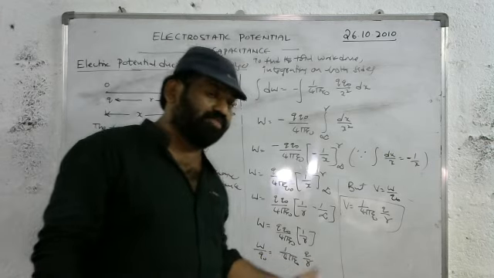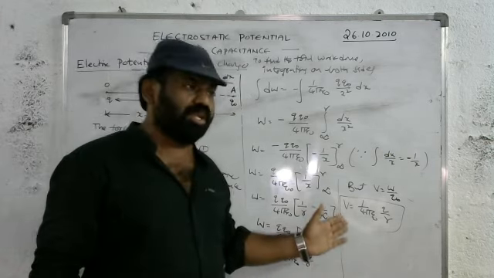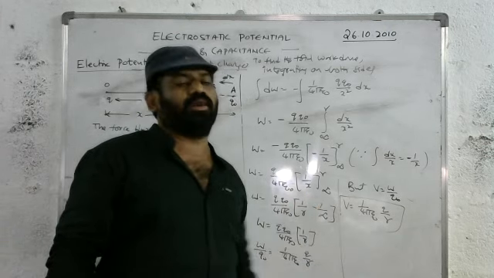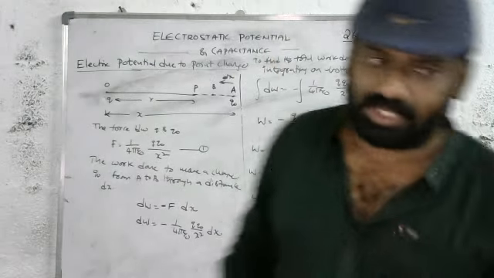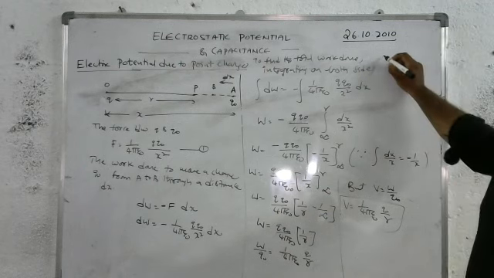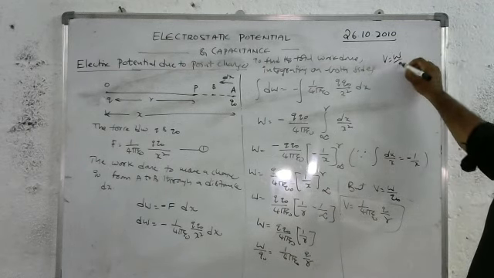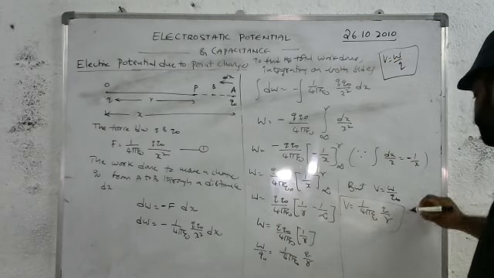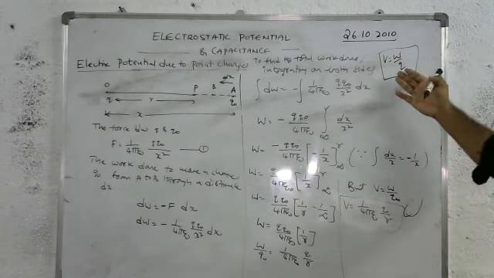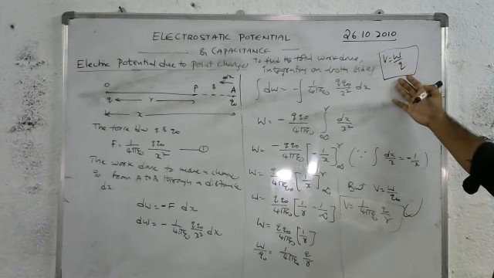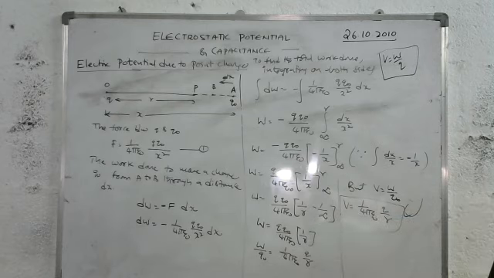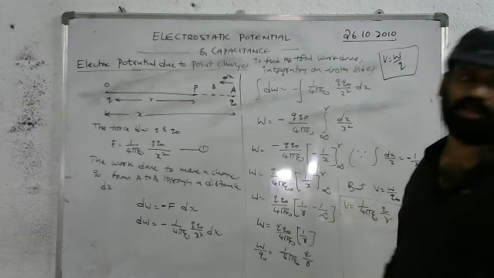But we know the value of W by Q naught; electric potential we already discussed. So V is equal to 1 by 4 pi epsilon naught Q by r. This is the expression. The general formula for electric potential is V is equal to W by Q. But electric potential due to a point charge means here it is. These two formulas are very important, you have to remember. This is the general formula for electric potential, V is equal to W by Q, and this is the electric potential due to a point charge, V is equal to 1 by 4 pi epsilon naught into Q by R.